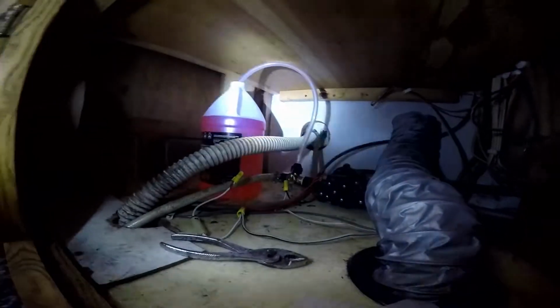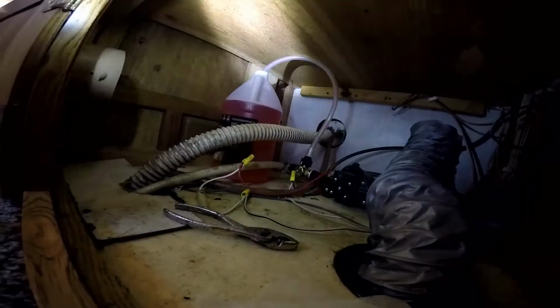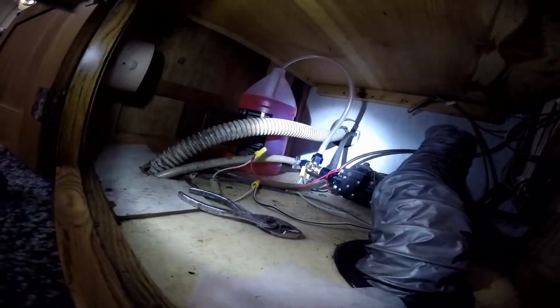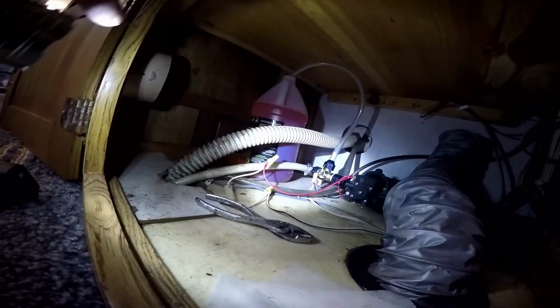Okay, so I got it hooked up. I got the tube in the antifreeze. I got the valve pointing straight up, which will run the flow in through the motor and into the RV that way. If you turn the valve to the right, that would be for the flow of the water coming in from your fresh water tank through the system. So if you want it off, that would be straight up and down, but it also serves for getting the antifreeze in to the motor. So I just leave that pointing up the whole time, and it works. The adapter does clear that handle. All right, so I got that all ready to go, and then we'll go over to the other